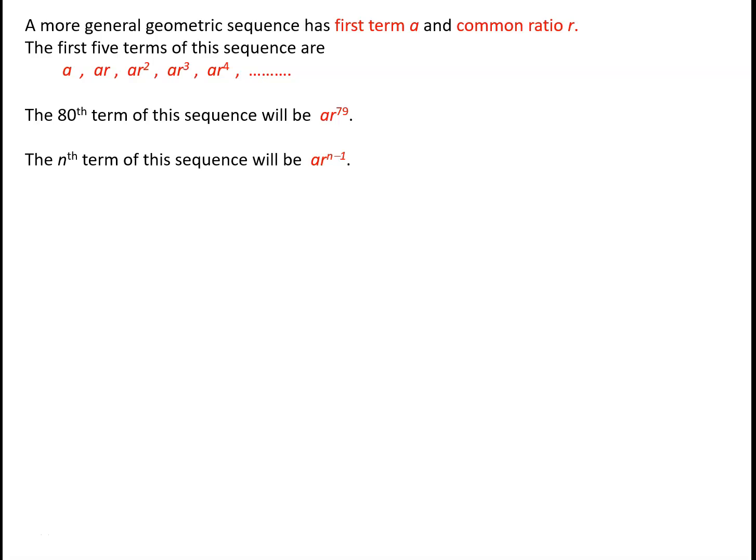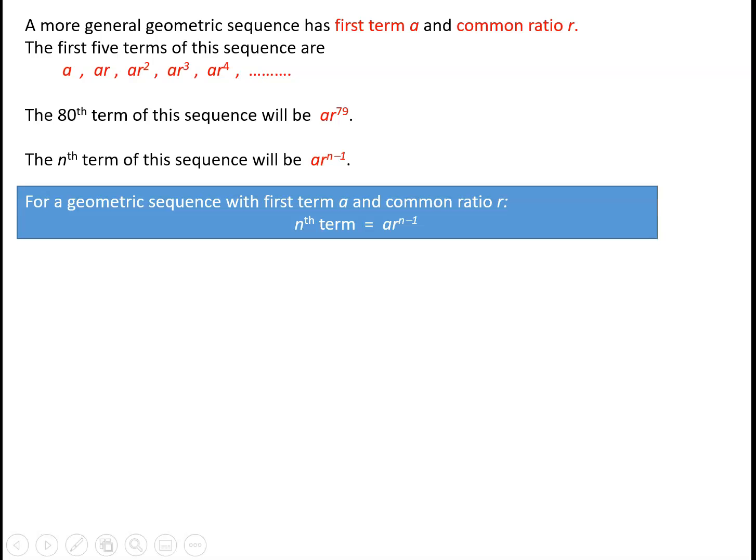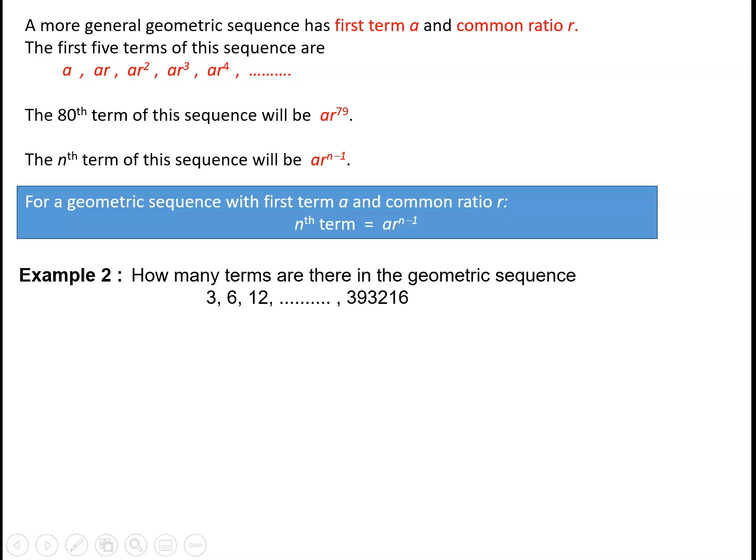So we have our first important result about geometric sequences, which says that for a geometric sequence with first term a and common ratio r, the nth term is going to be a times r to the power n minus 1. So in example 2, we're going to calculate how many terms there are in the geometric sequence 3, 6, 12, 24, etc. up to